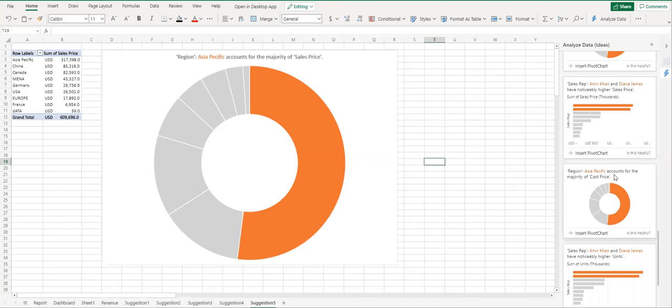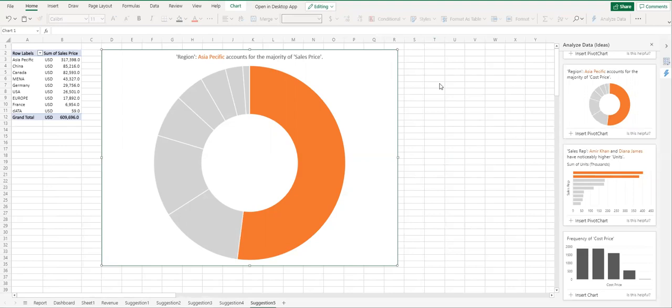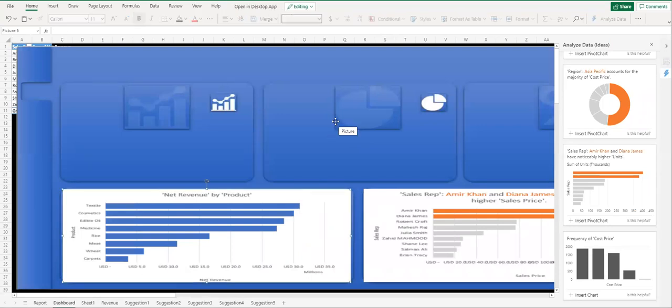So this is a very interesting part which we have been using in our Power BI reports, and I hope you understand the concept of analyze data. Thank you very much. In the second tutorial, I will give you an idea of how to calculate fields so that you will get an idea of how you can improve your reporting skills. Whatever you do, you just copy this data and put it in the dashboard reports. It's very simple. Like this, we create and then we plug it over here.